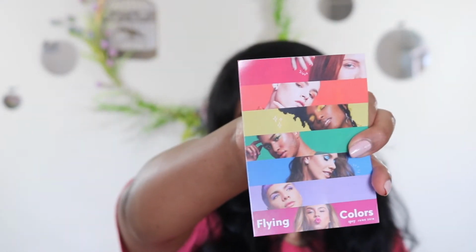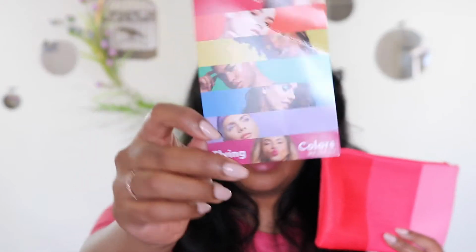So of course you get this card. So this is the card for this month. So it's an IPSY bag to celebrate Pride Month. So that's why they have the design like this in the front. So that's really nice. And so the products that I have inside are, first thing I see in my bag